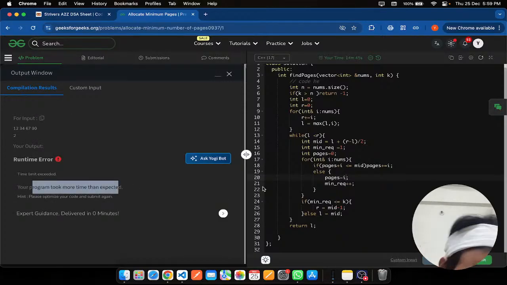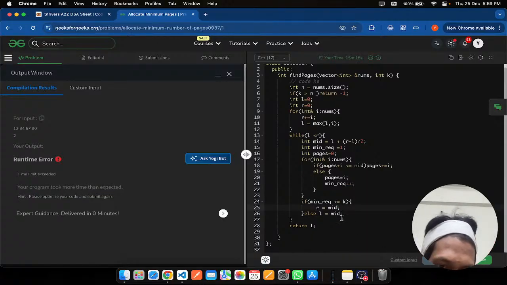There's an infinite loop, as we had last time. Now I have to do certain things. If my mid, okay, if it is not possible, I have to minimize it. So if it is possible, then I am going to minimize it. If it is working at mid, I am going for mid, and if it is not working for mid,